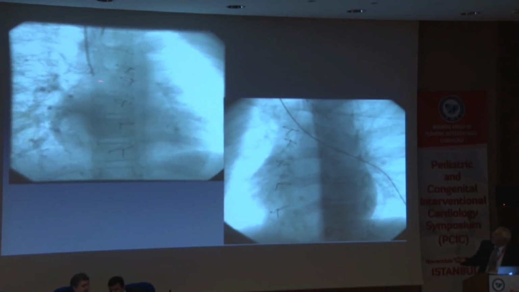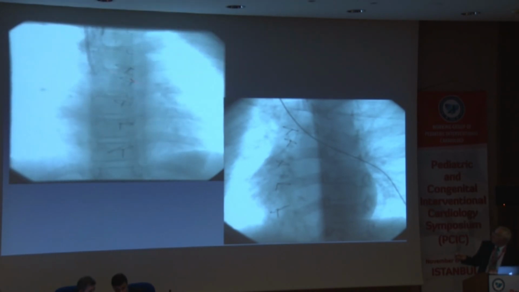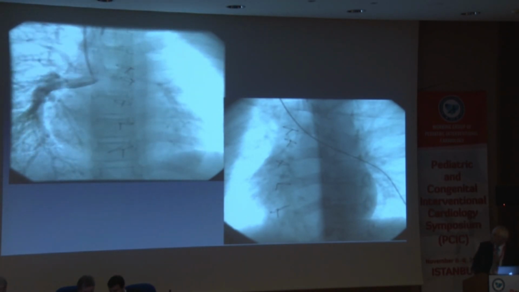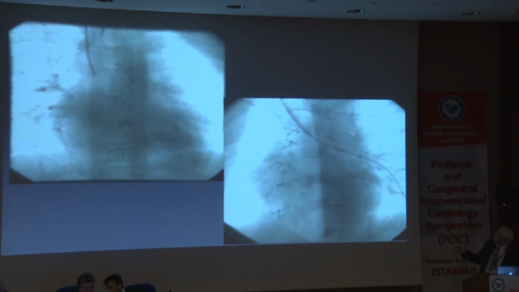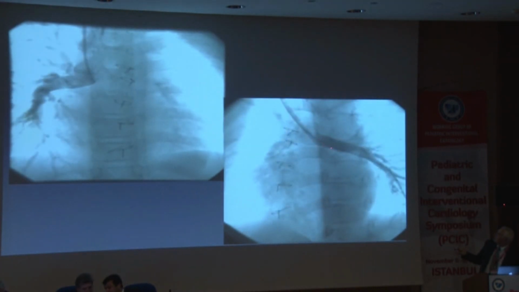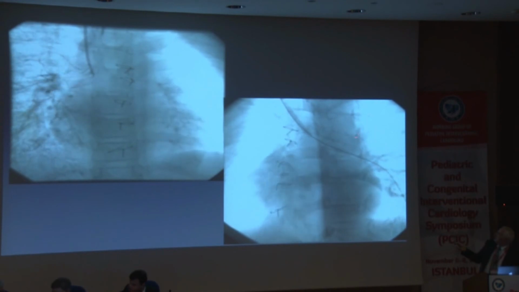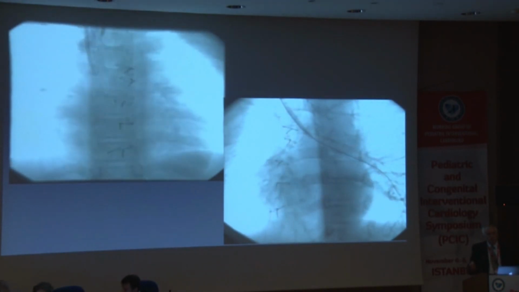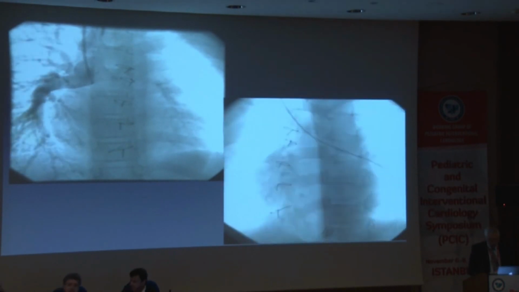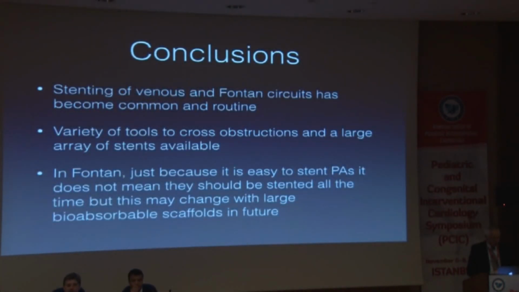So, in situations like this where most of the flow is through the right and there was like a twisted left pulmonary artery, I think I have no concerns with that, but especially if you use too long a stent, you can actually jail some of these vessels. And it may not be 100% important, but for a Fontan circulation, you need to protect all the vessels that you have. So stenting of the venous and the Fontan circuits has become a very common practice and is routine,